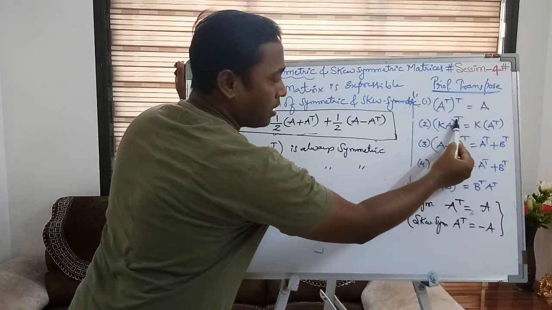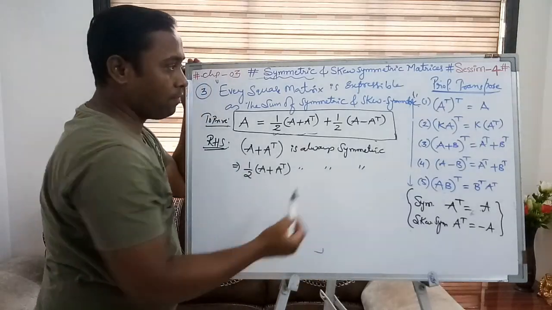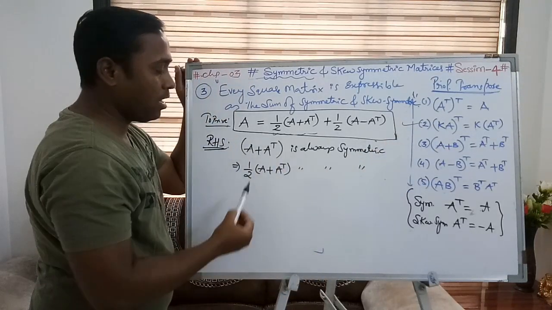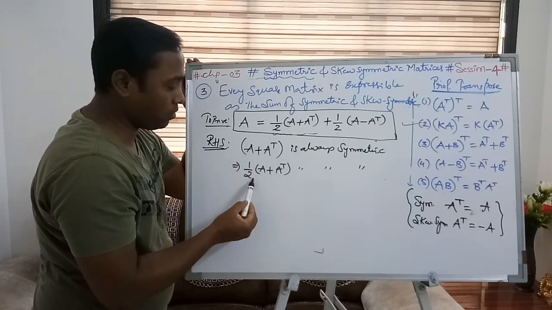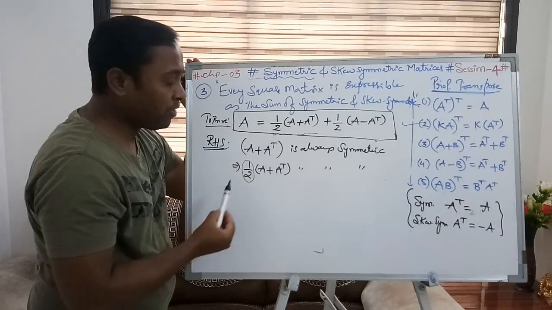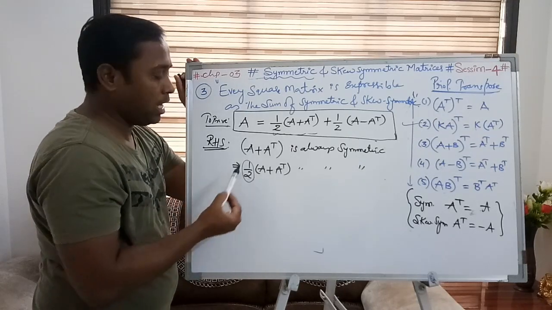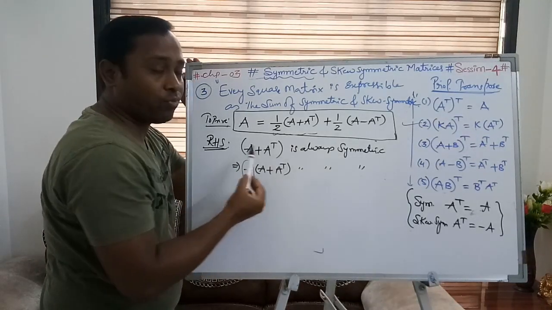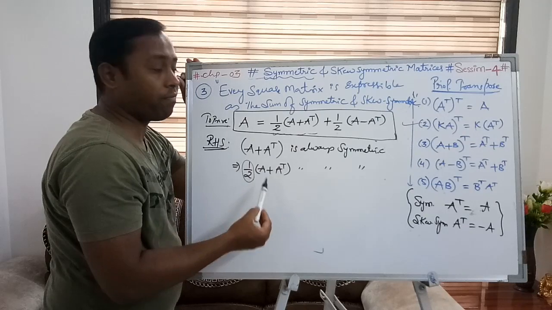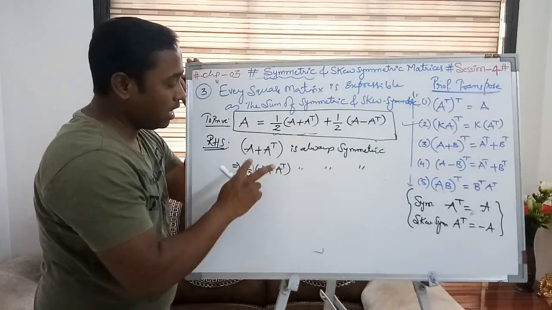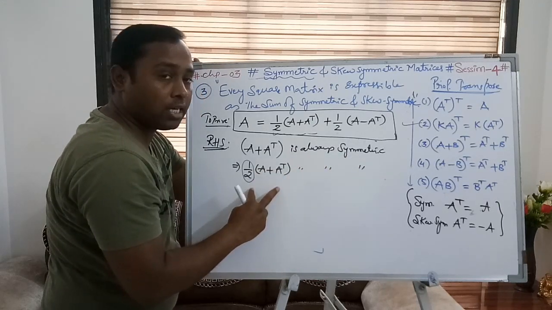K times of A whole transpose is equal to K times of A transpose, as property number 2. With the help of property number 2, when a matrix, or the addition or subtraction of any matrices, is multiplied by a non-zero constant, it does not change the property of the matrix. I repeat, if you are multiplying a matrix with a non-zero real number, it does not change the property of the given matrix. Hence, if A plus A transpose is always symmetric, then half of A plus A transpose